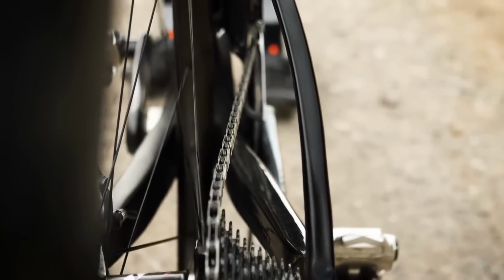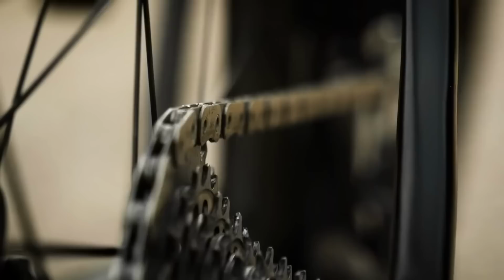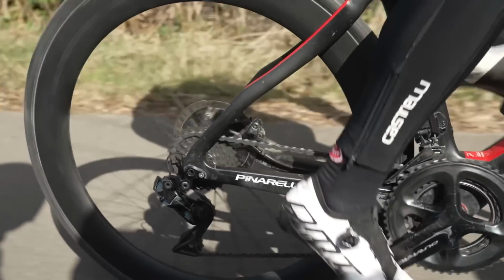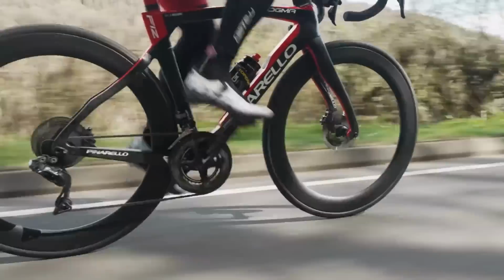A typical chain is 116 links, and each link is 2 side plates, 2 pins, 2 inner plates, and 2 rollers. So it's a ton of moving parts that as you're pedaling, say at 100 RPM, that chain is going from straight to articulated to straight again, and then over the pulleys, it's articulating, straight, then onto the cog, where it's taking all of the load,